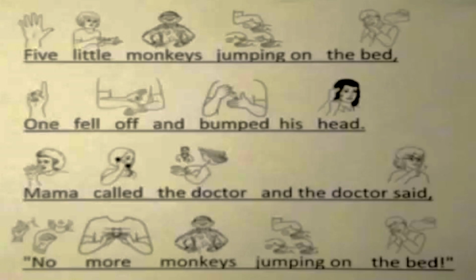In your handouts, behind the sensory bin, there's 5 little monkeys, and it's actually the correct sign language for it. Okay, so I'm sure you're singing songs and you're using gestures anyways, so if you want, you might want to use the correct sign language to do it. It goes something like this. Okay, 5 little,